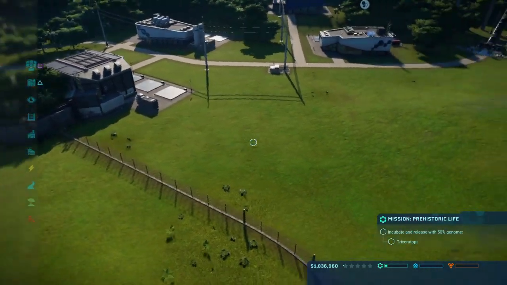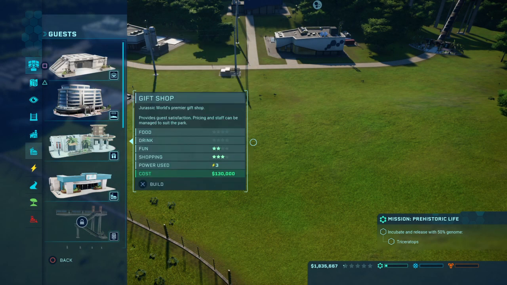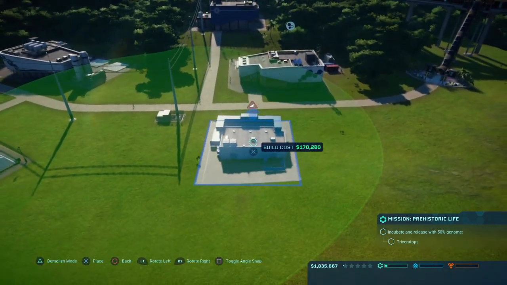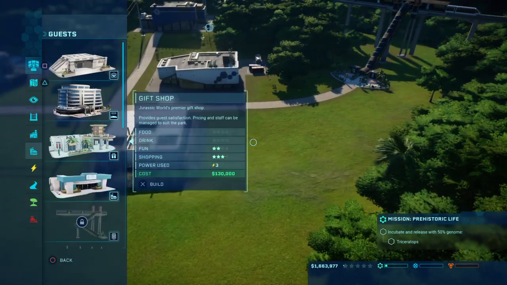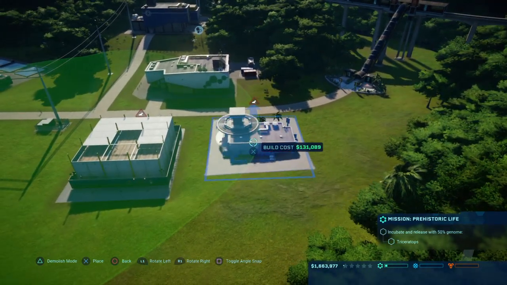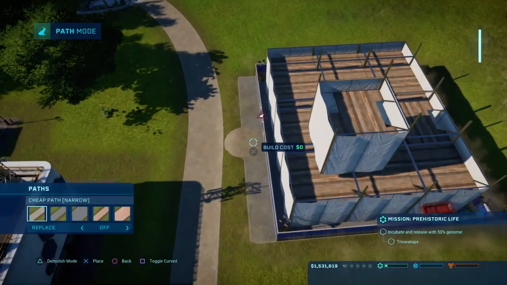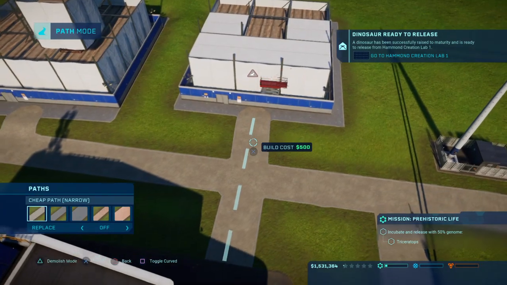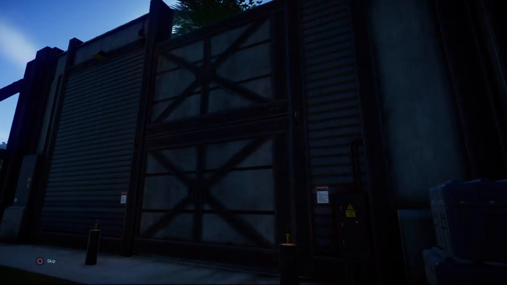Incubate a Triceratops. And then to make up for the fact that we don't have very much money, we need to get a fast food place going, along with a gift shop that hopefully will be in, yes, okay, it is in the region for the power. Just do that. And hopefully this will give us $1 million. I can't remember if